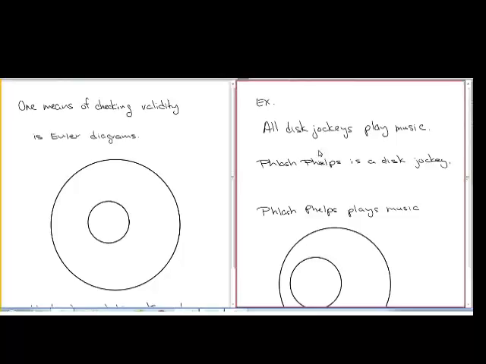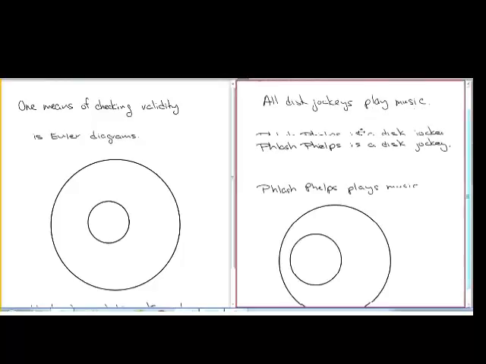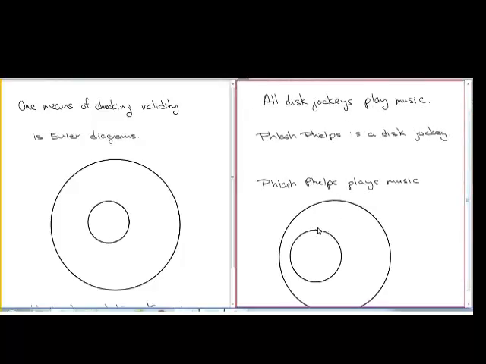So these are our premises. First premise is all disc jockeys play music. The second premise is Flash Phelps is a disc jockey. And this is our conclusion. We're going to use this diagram to show whether this is a valid argument or not. So here are our two circles. We're going to represent what this is saying by labeling the big circle and the little circle. So all disc jockeys: the first part refers to the inner circle. So I'm going to put a little label that says disc jockeys,